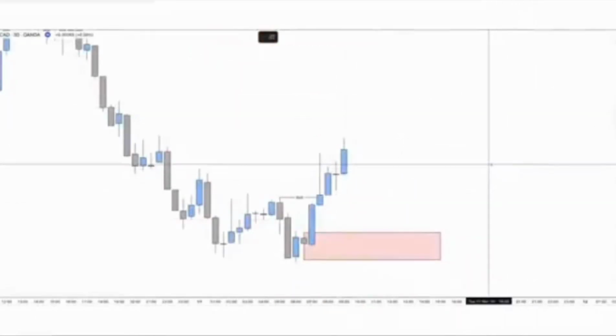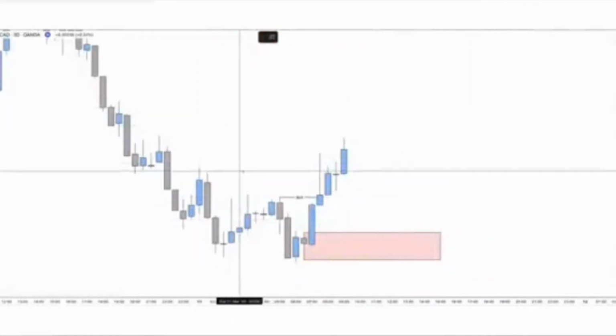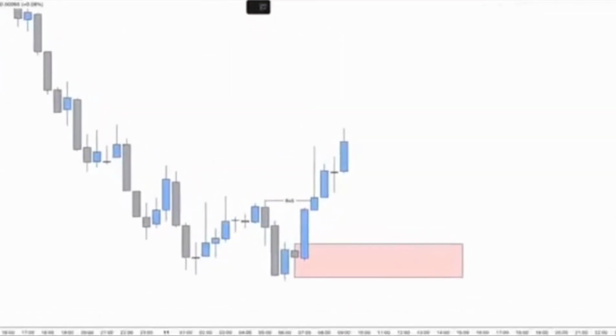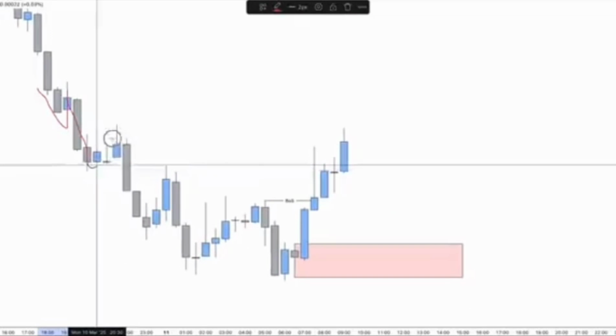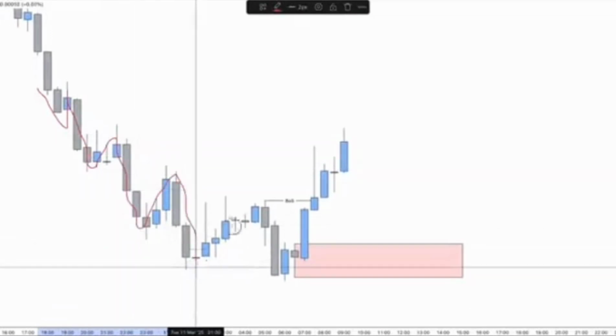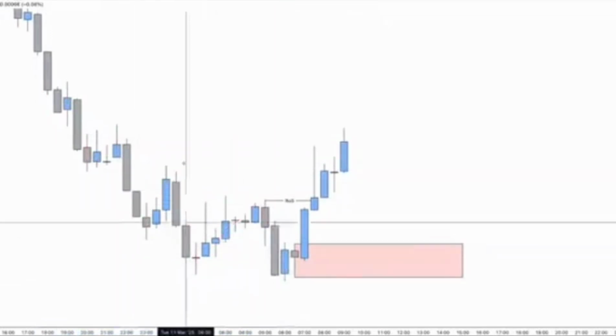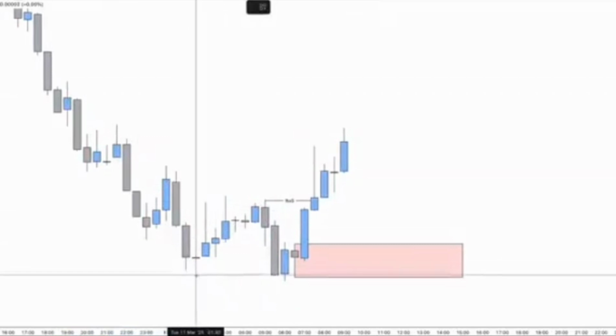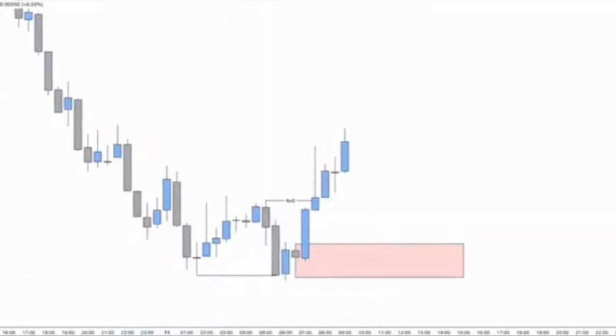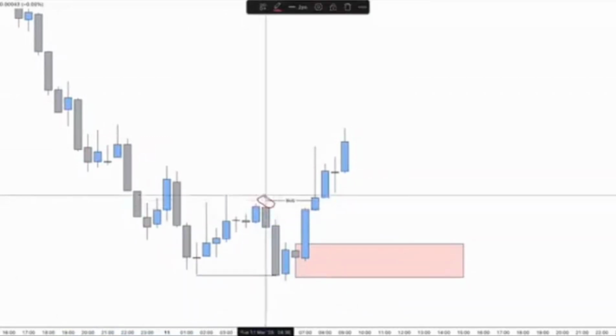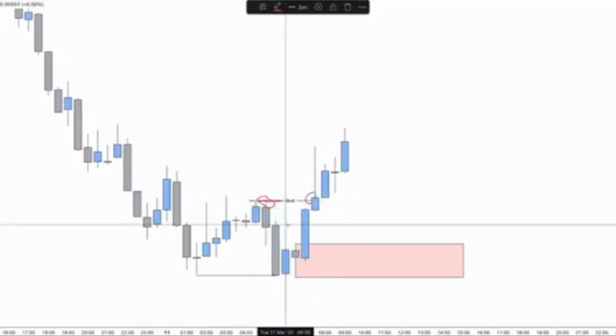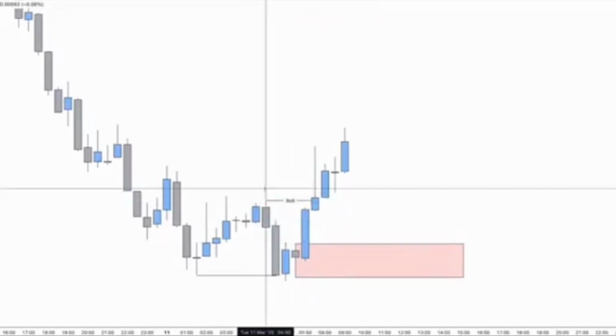Here's an example of a confirmation entry in a real market. So here we have a market that is trending to the downside initially. You can see that the market is here creating consistent lower lows and lower highs, showing that this is indeed a bearish market or a downtrend. Now eventually the market sees a break of structure which takes place over this high. You can see this is the final lower high in the trend, meaning essentially the final point of which the